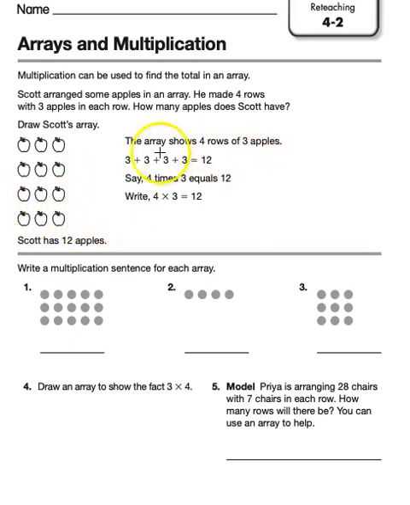So when you read an array, this array shows there are 4 rows. So 1, 2, 3, 4. And then there are 3 apples in each row. 1, 2, 3, 1, 2, 3, 1, 2, 3, 1, 2, 3. So each row, you'd count 3. So you have 3 plus 3 plus 3 plus 3 equals 12. An easier way of saying that would be to say 4 times 3 equals 12. And here it is written. 4 times 3 equals 12. So Scott has 12